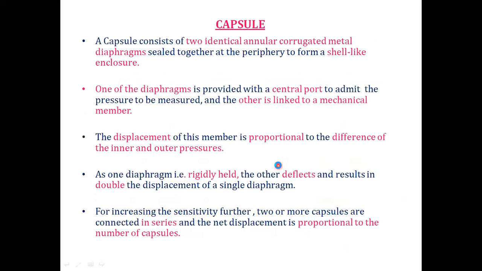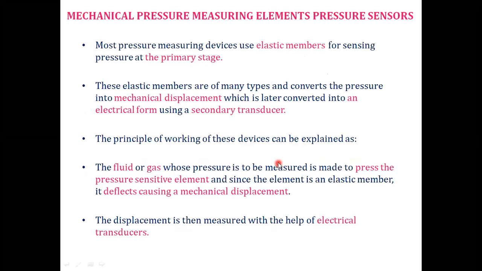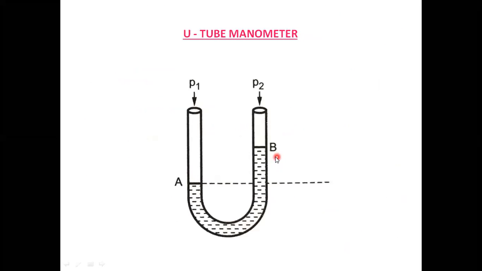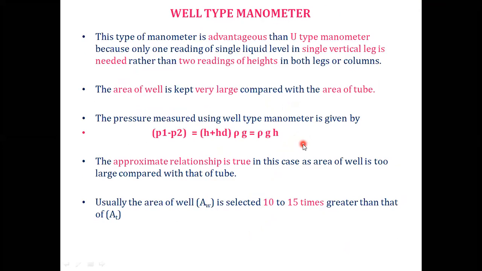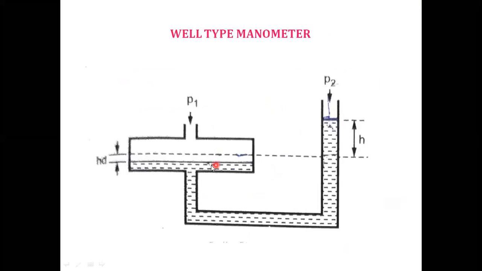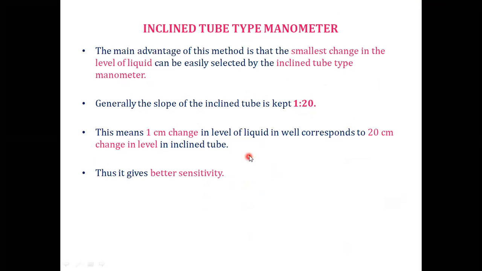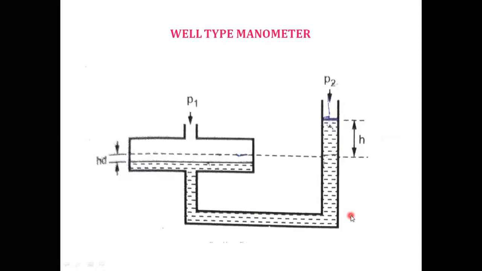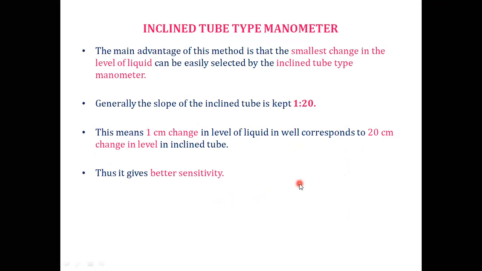In the previous class, we have seen basic measuring instruments like a manometer. The basic one is the manometer, with a U-shaped tube, the U-tube manometer. Next one is the well type manometer. The left hand side has a well shape and the right hand side has a cylindrical shape. This is a modification of the U-tube manometer. Whereas this cylindrical tube, I'm going to convert into an inclined shape. Next one is the inclined type of manometer.